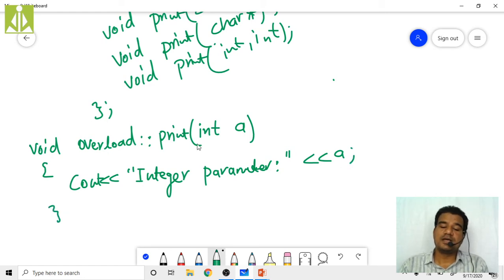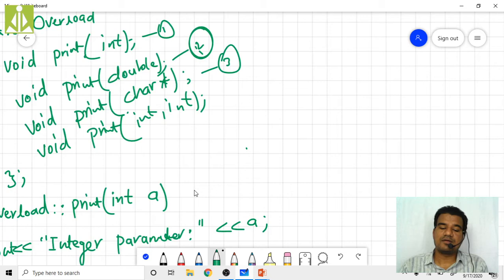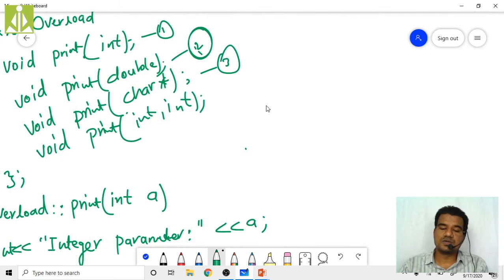The next thing, we have to write the definition for this double also. So void is the return type, then overload is my class name, then take the double value, double d.